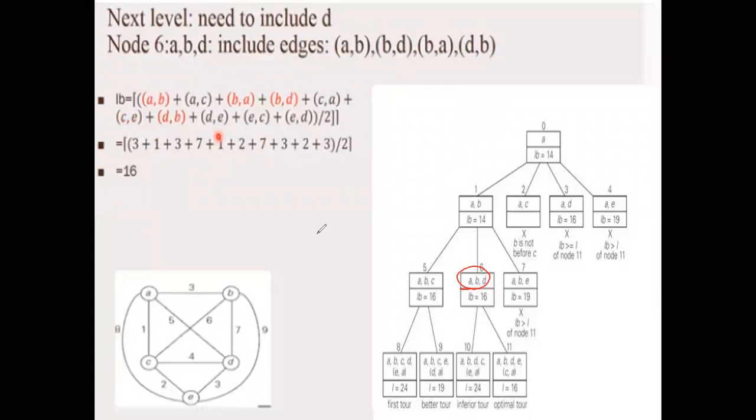So A to B, as I already told, this will remain the same. So A to B, B to A should remain the same, and we are telling B to D there should be a path. So B to D write down as it is, D to B write down as it is. Okay, this also should be because we know A to C is a minimum. So A to C also you write down for all these three. Okay, write down. Next, C to A, C to E should write down because I'm not considering C over here. And from D, except D to D, the minimum is D to E, that is 3. Correct?